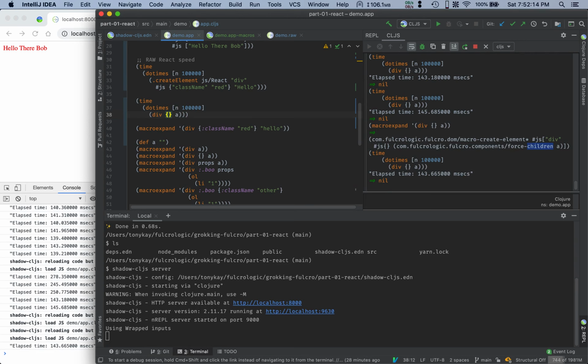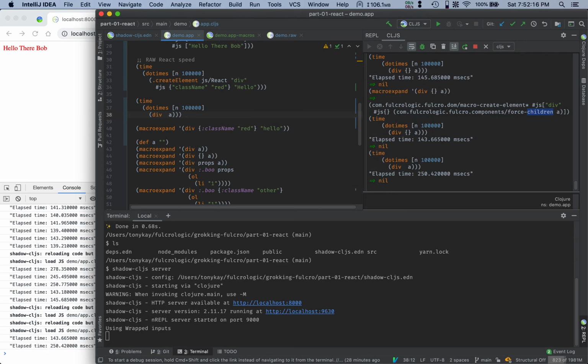Now notice, even without the map, it's pretty darn fast, right? That's 100,000 iterations per element. So 250 milliseconds divided by 100,000, right? What is that, 250 microseconds shifted over 2 microseconds per call versus 1.5 microseconds per call. So we're talking about extremely small differences that can make a difference on a fairly large page that's changing in large ways. But